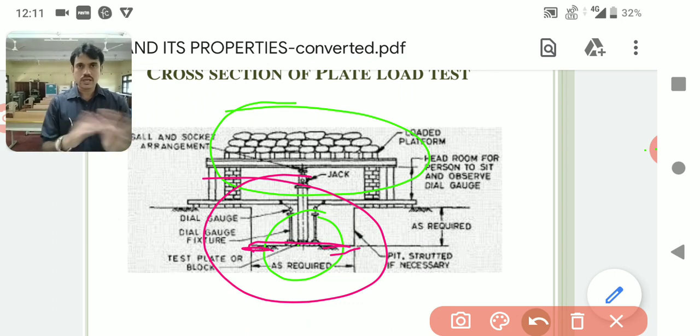That means there is a range. We can apply 600 by 600, 500 by 500. The plate size varies from 300 to 750. It is placed with the help of a jack. We are going to apply load from the top by two methods. One will be by placing sandbags over a plank, or otherwise, instead of this, we are going to place a reaction